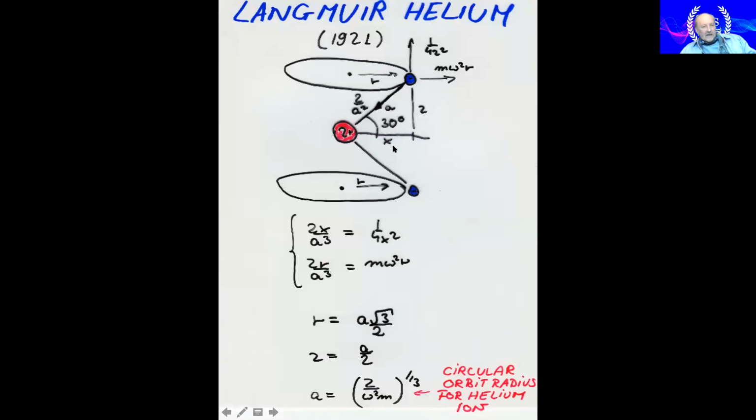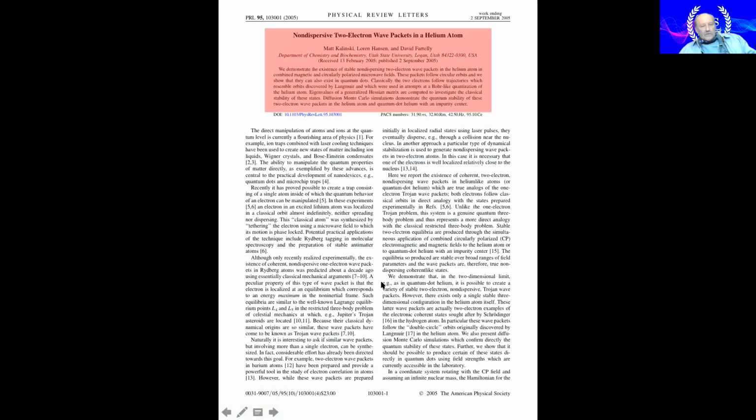So what we did first, this is the Langmuir helium again written down, and you can find analytically the solutions for the fixed frequency. In analogy to the Bohr atom, you can find the radius of motion, and also you can find the distance between the plane of the motion of one electron and the second, symmetrically with respect to the nucleus, analytically. Okay. And what we did first is we put this atom, these Langmuir trajectories, in the external magnetic